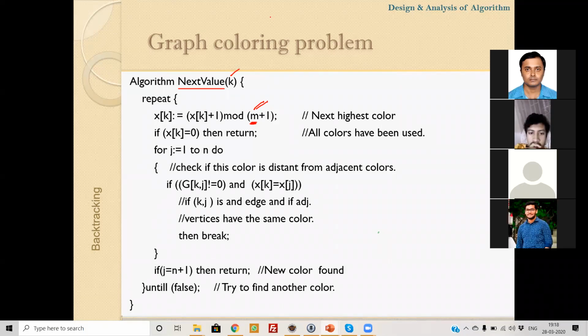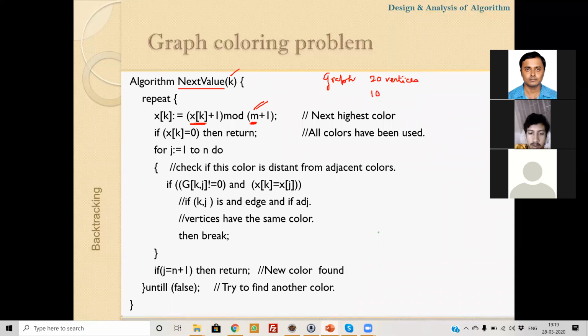Okay, so let us determine a color, if some color is assigned previously. Say xk plus 1, mod m plus 1. Say a graph contains 20 vertices and we are using 10 colors.